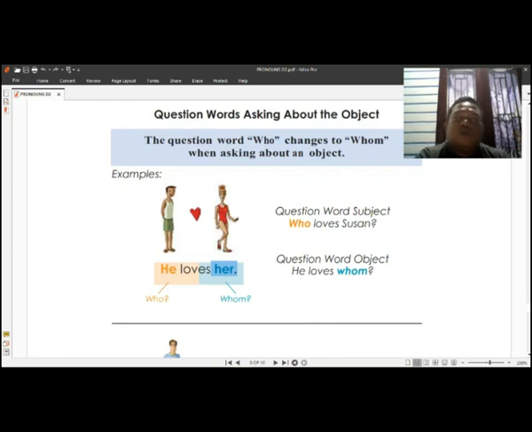But when we want to know the object of the answer of Susan reads a book, it becomes she reads what? She reads whom? She reads what? Ya, bisa juga ya. It can be like that. She reads what? Whom is for people, ya. Whom is for people. But when the object is not people, is a thing that is neuter, then we use what. Okay,